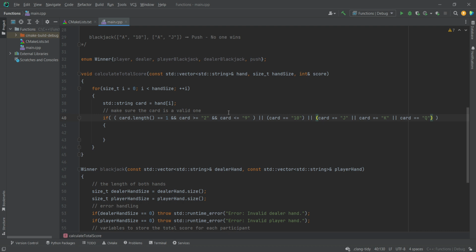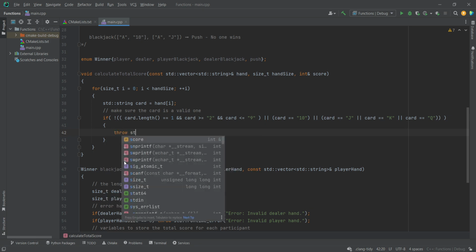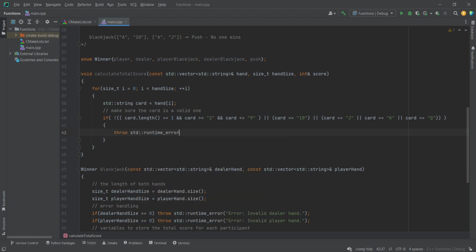So the length, first one, the length is 1, and the card is between 2 and 9, or the card is 10, or the card is J, or K, or Q. That's a valid card. So now we put this into a whole parenthesis, and then we just negate it to get the condition. Now this is a condition for a not valid card by using this negation. In case the card is not valid, you simply throw an exception. So we have std runtime error. I'll write here error invalid